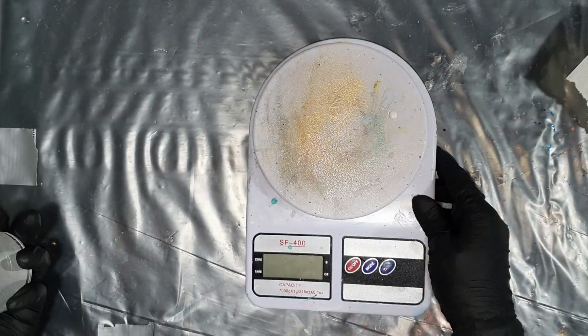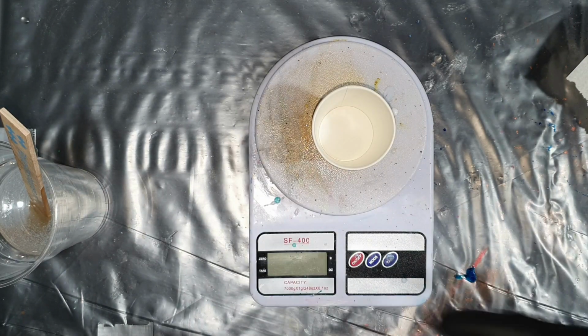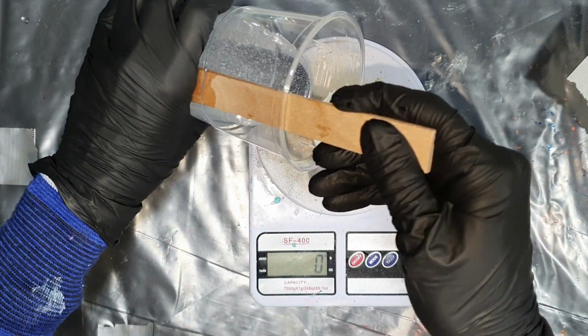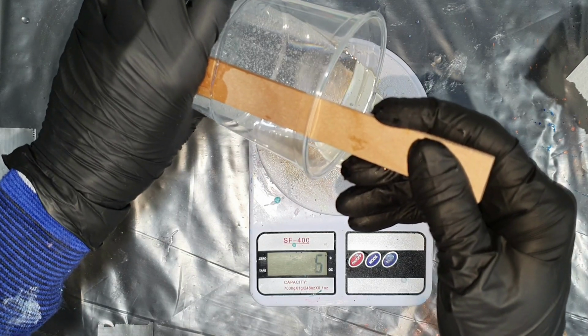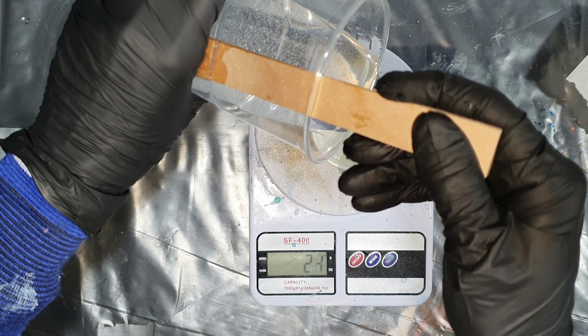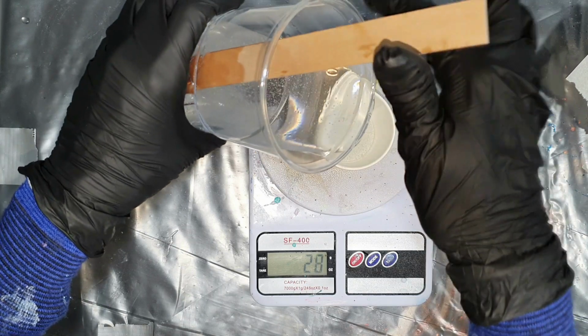What is on the bottle is that it's low viscosity resin, but I've used several low viscosity resins and this one isn't that thin. So I think it's between low and medium viscosity resin, but that's based on my experience with other resin. So I'm adding 30 gram into a paper cup,